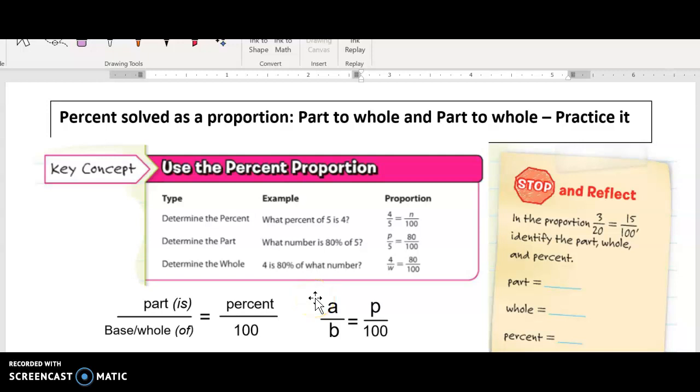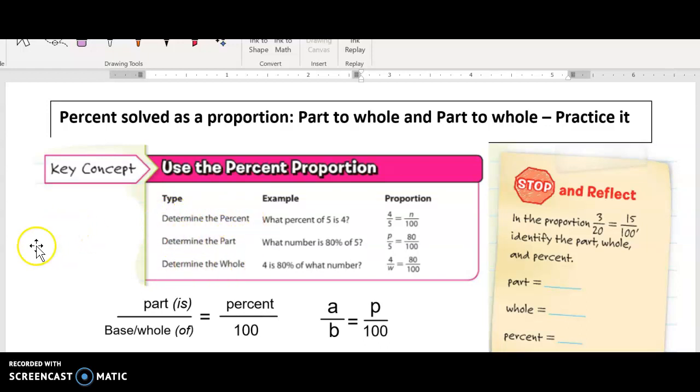Yesterday's assignment, we worked with percent bars. Drawing percent bars can be cumbersome if you do it too often. So today we're going to learn how to do percent solved as a proportion, and you're going to do part to whole and part to whole. The types of questions you're going to be asked are determine the percent, determine the